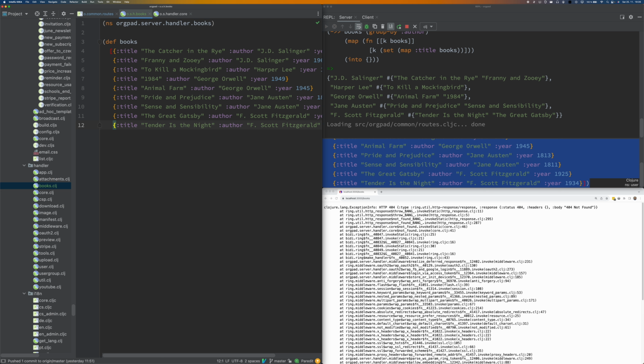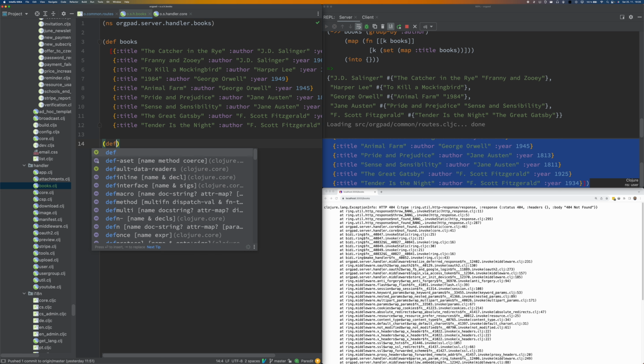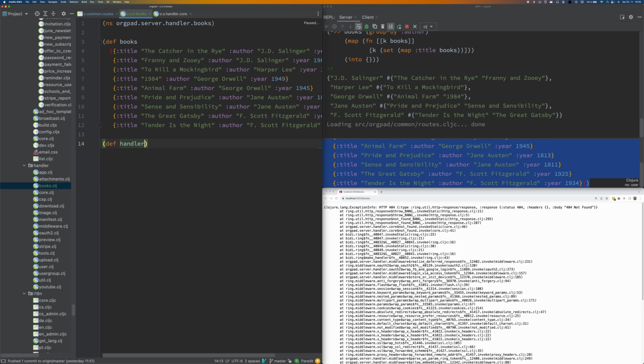Like this. Okay. So now I can do some live processing here, but suppose that we don't care about books yet. And let me just write some handler. So let's call it handler.